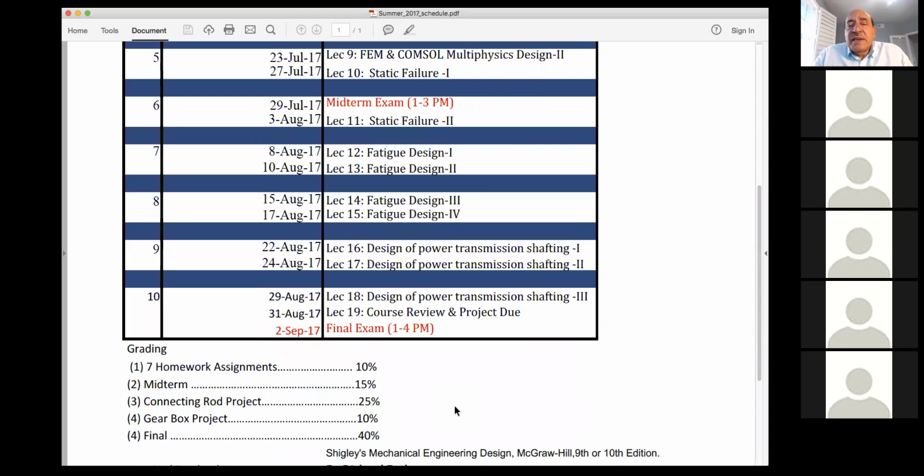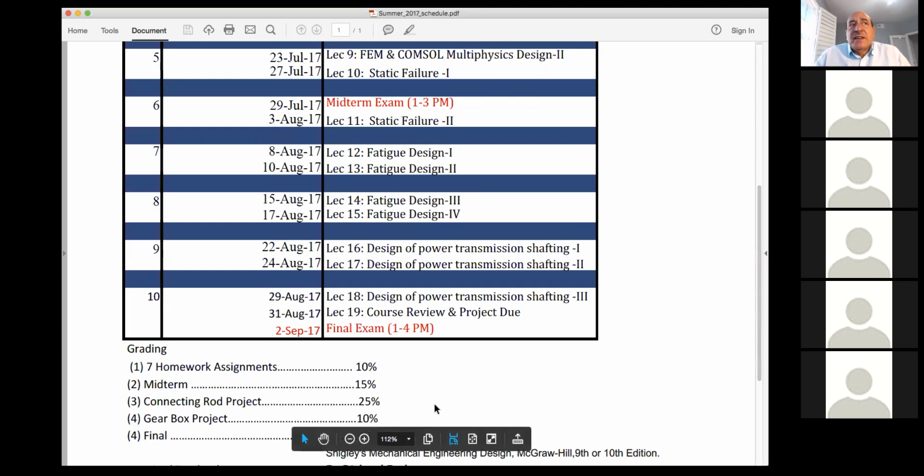And myself and the TA, Andrew Sheng, will be in the forum to help along and to give comments on how to deal with these glitches in implementation of the software. This way, we will be able to gain the experience. So this is the main project, 25% of the grade.